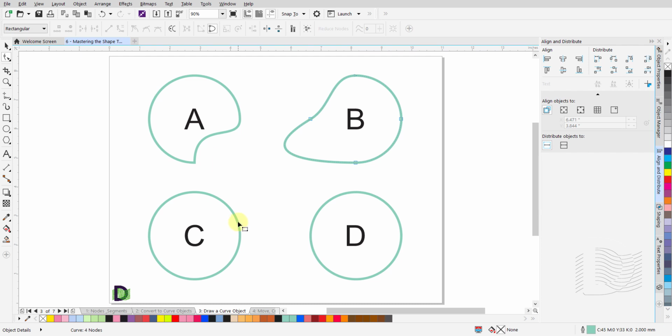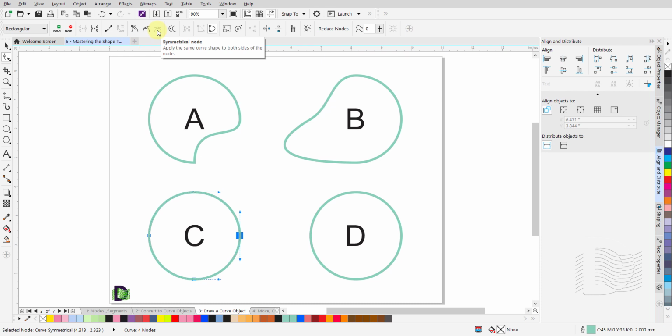With the Shape tool selected, click on Object C and then click on a node on this object. Symmetrical nodes, like smooth nodes, create a smooth transition between line segments on either side of the node. But they allow you to give the lines on both sides of the node a similar curve appearance. The control handles of a symmetrical node are always directly opposite each other and at an equal distance from the node. Up in the Properties bar, click on this icon for Symmetrical Node.